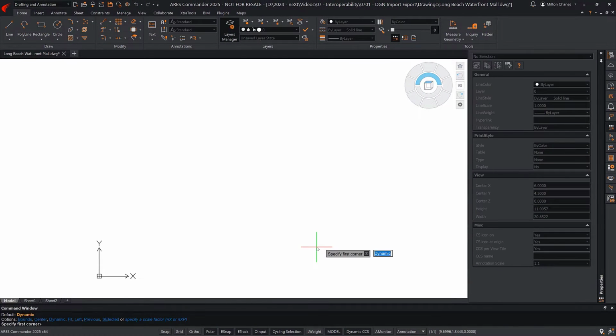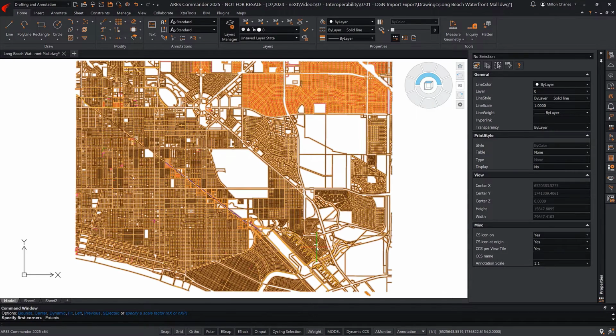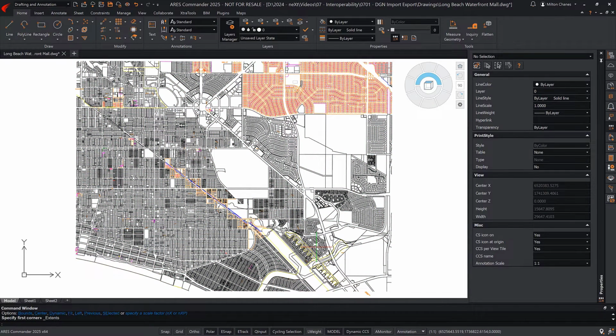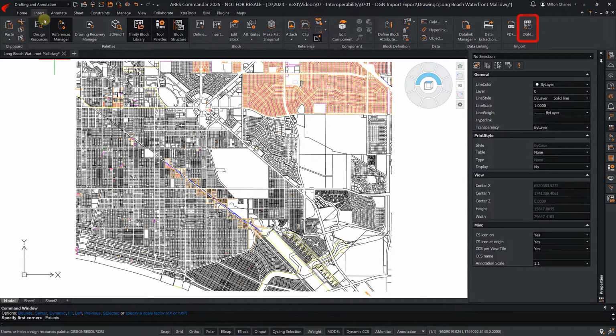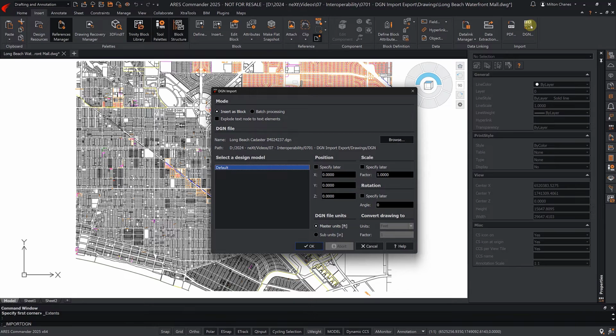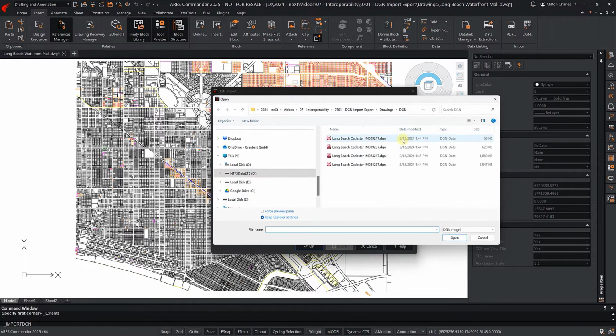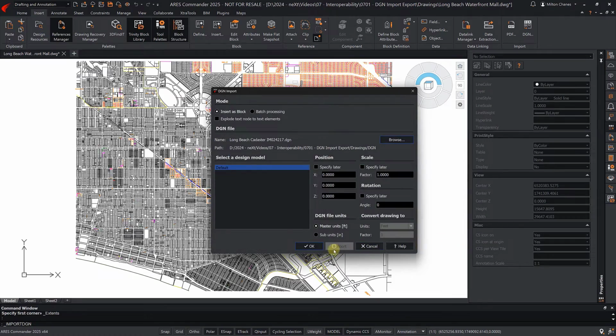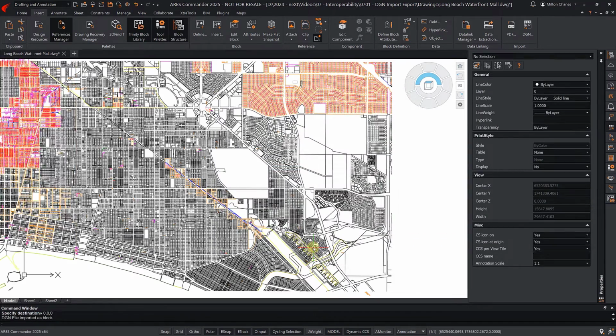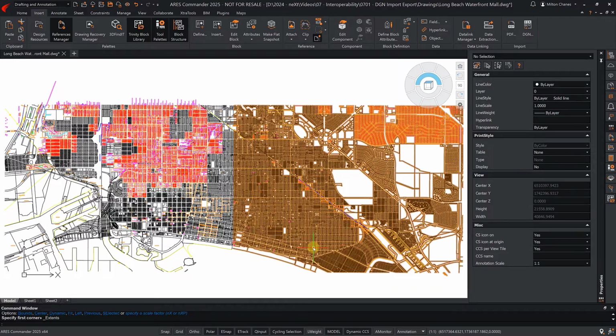With Zoom Extend, we can see the inserted drawing. We take this opportunity to highlight that the Import DGN command is also found under the Insert tab of the ribbon. The insertion of DGN files must be done one by one, so we repeat these steps for the rest of the files, always using the same insertion point. It can also be executed directly by typing the Import DGN command.